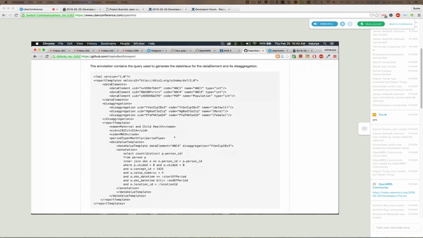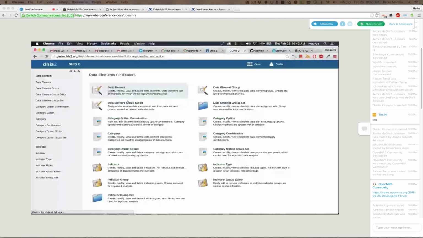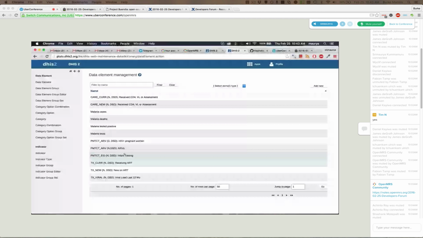If a person has a DHIS2 instance set up, we can look at the data elements they use for reporting. In this instance, they are using malaria cases, malaria deaths, malaria tested positive, and so on. These are the ones that need to be entered in the XML report, and the XML report needs to be manually written the first time. Once the report is written, just to give an idea,